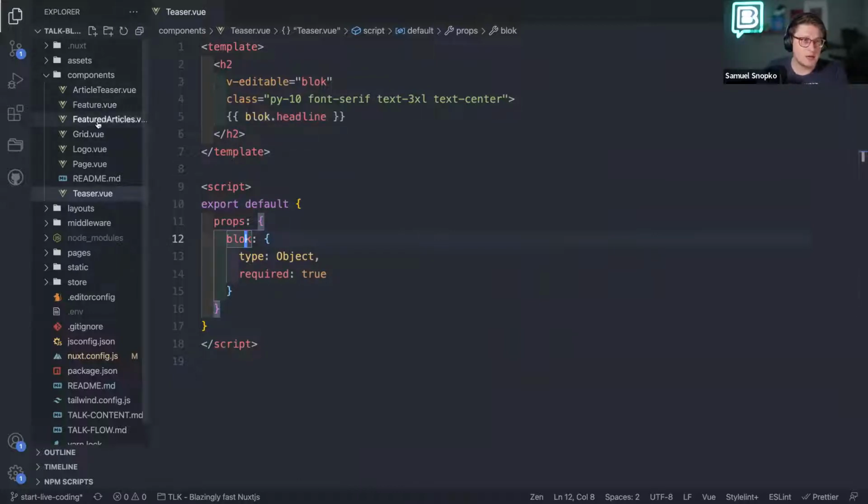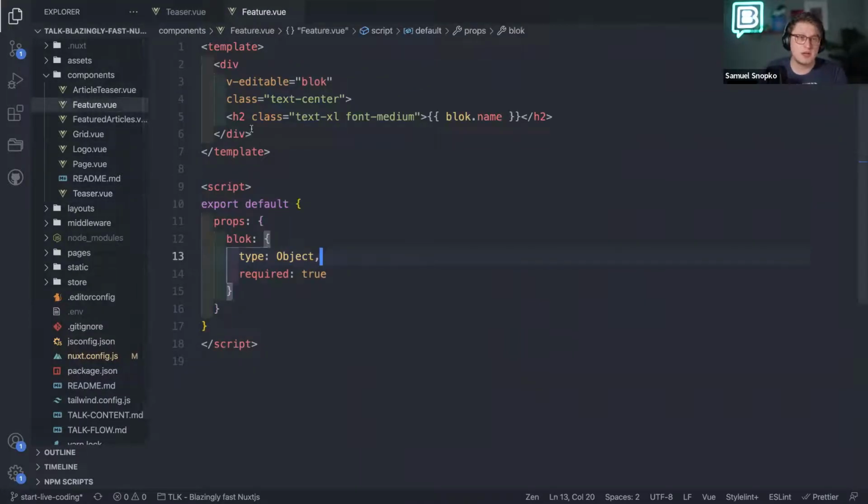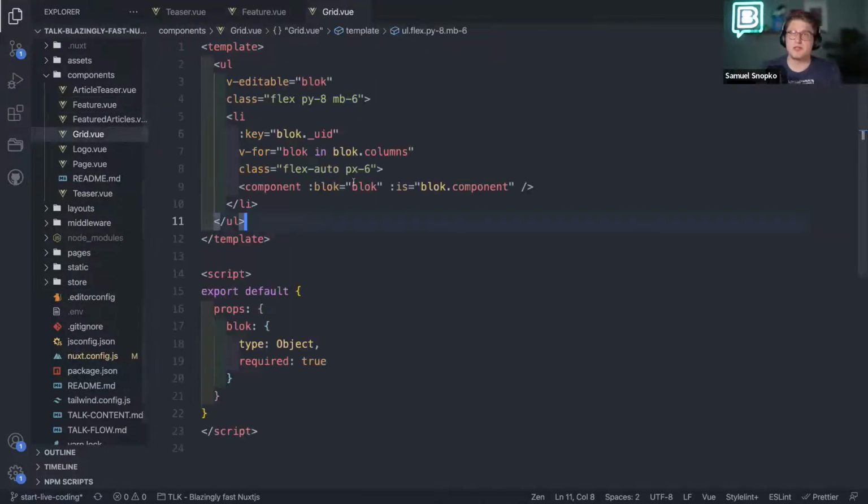Then, of course, I have here the feature, the same approach. I have the div, which renders the H2 with the name. And again, I will get the same content through the blog. And then I have here the grid, which we already talked about. This is where it's getting interesting, because here in the grid, we do a little trick, which is really nice,